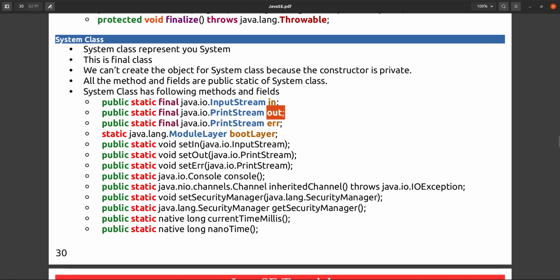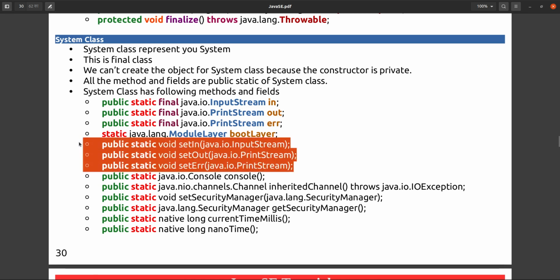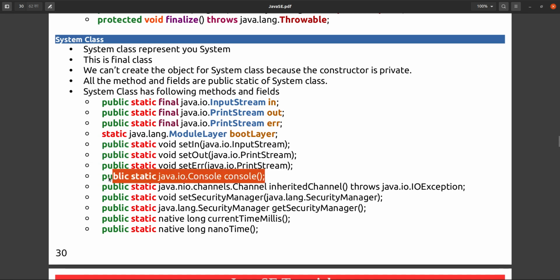Err is also pointing to the console only. And we can set these three with the public static void set methods. Using this one we can set the console. If you have attached some other console to your program, it will get it, otherwise it will give null.